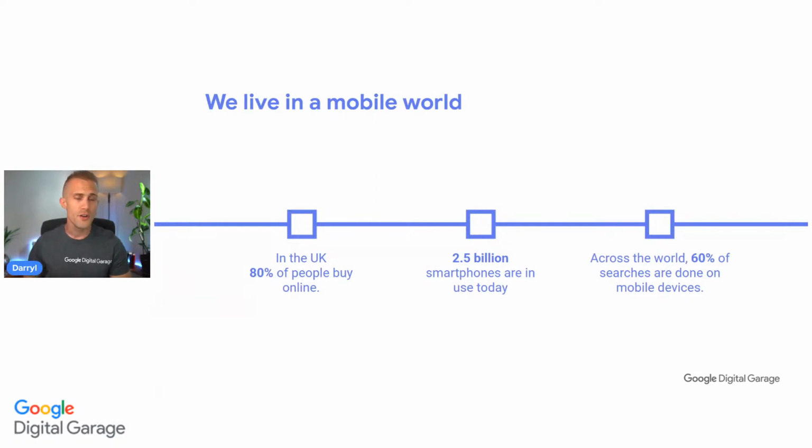2.5 billion smartphones are used on a daily basis, which is only increasing as we move into the future, as people become more accessible to these smartphones. Then last but not least, across the world, 60% of searches are done on mobile devices. Now, that is a bold statistic. Understanding that if we are all actively on mobile devices, we need to make sure that we are visible and